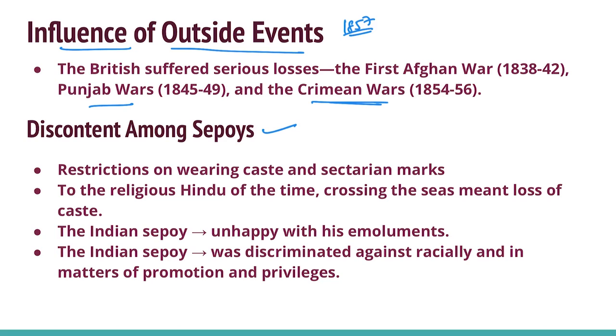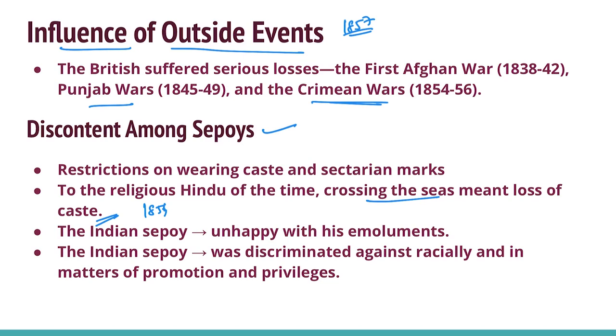Discontent among sepoys was generally increasing. Restrictions were there on wearing caste and sectarian marks. According to the Hindu religion of that time, crossing the seas meant the loss of caste. So in the year 1856, Lord Canning's government passed the General Service Enlistment Act, which decreed that all future recruits to the Bengal army would have to give an undertaking to serve anywhere the services might be required